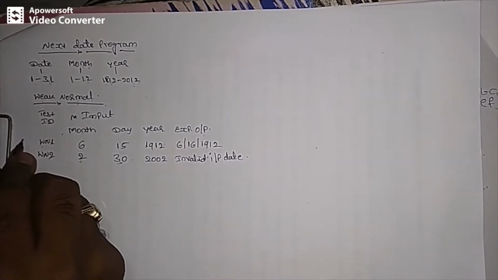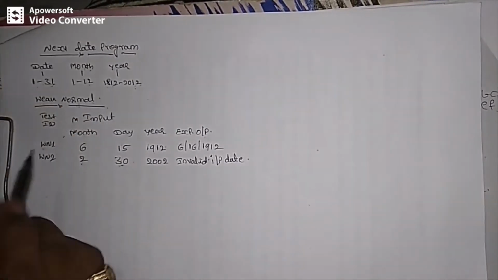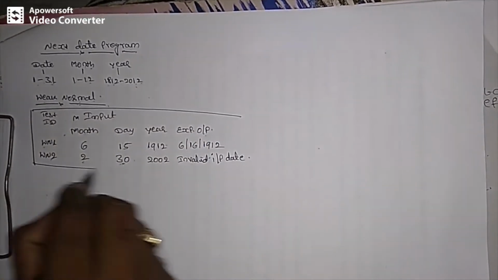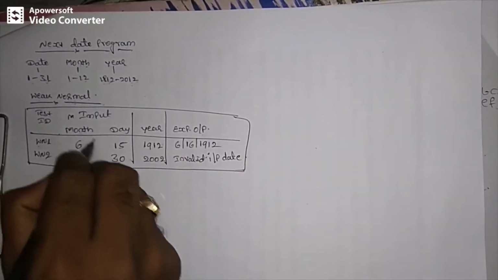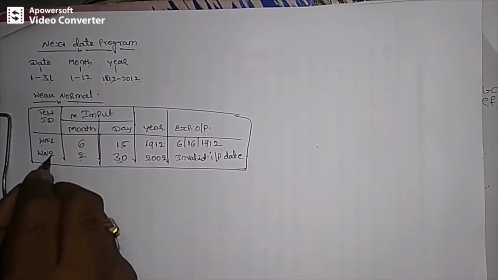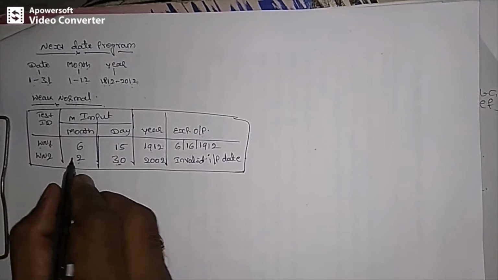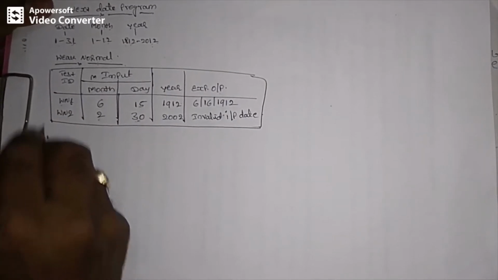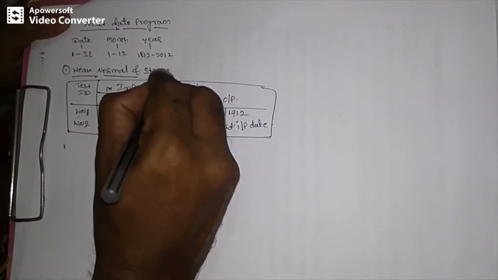These are the two possibilities of outcome we can generate by using weak normal test cases under the next date program. I told you last time, weak normal test cases are the same as strong normal test cases, but redundancy in output results will exist under strong robust. Therefore, we are not writing separate test cases for strong normal. Weak normal itself will be the test cases of strong normal. Now I directly move to the next test case. This is the first category, and we can call it weak normal or strong normal, both are the same.